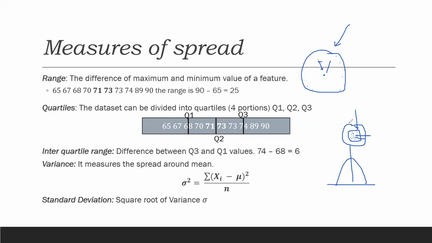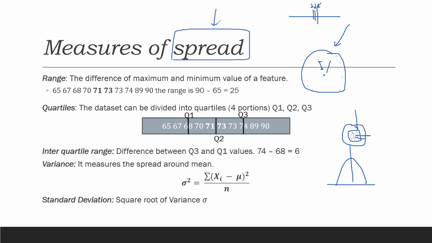Now, how do we measure if the values are centric or scattered? For that, we have something called spread. This is the measure of spread. Previously, we were talking about the data set, what is a mean, what is a median, and what is a mode. Mode is the most frequent value, median is the centric value, and mean is just the average. Now we'll discuss spread: how scattered the data is. Just keep in mind, when somebody asks you what measures of spread are, you're going to explain how scattered the data set is, or how far a given value is from the center. These are the two questions that you're going to discuss.